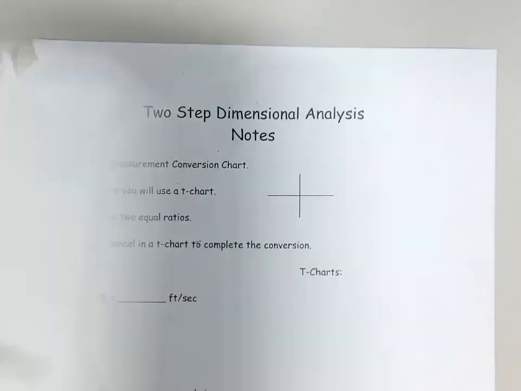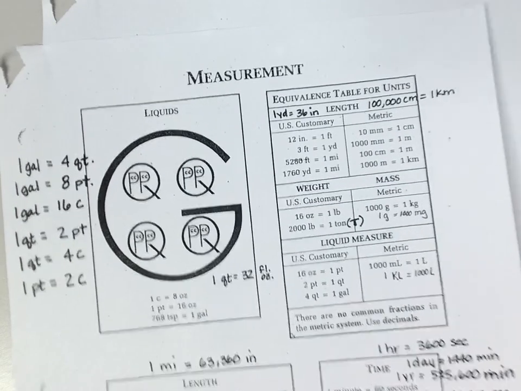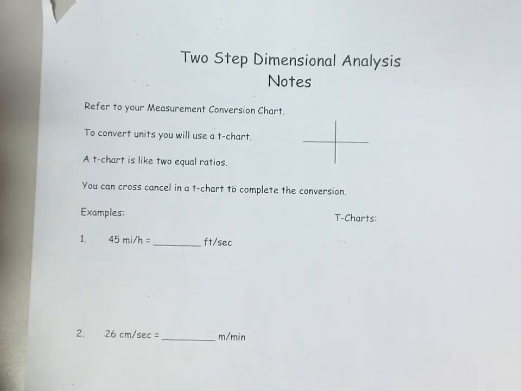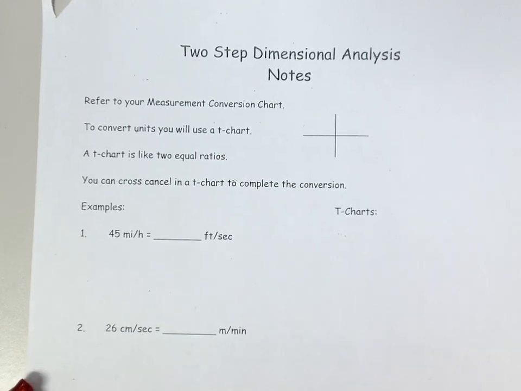Okay. Next, I want you to flip to the page that looks like this. We will use this conversion chart a lot when we're doing this. It's called dimensional analysis. You'll do it a lot in chemistry with really big, long T-charts, but it's a way of converting when you have one unit or more units. So what we're going to do are some two-step